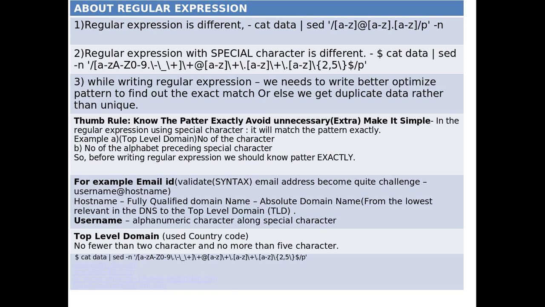In the regular expression, for example, writing the pattern for an email ID, the top level domain has only a limited number of characters. The top level domain will come with 2 to 5 characters, and the preceding element will not be a single character. After the at sign, it will come with more than one character, and that is what I have specified in the fourth column, or in the next column, next row also,